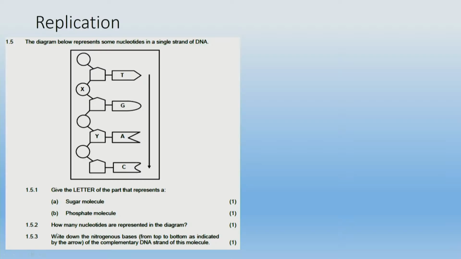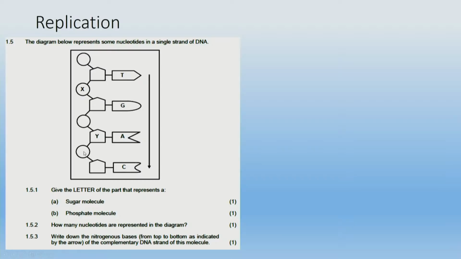But look at this question. How many nucleotides are represented in this diagram? Now the learner must identify that this is a nucleotide because of the phosphate and the sugar molecule and the nitrogen base. And now there's 1, 2, 3, 4 nucleotides in this one. So a level B type of question, because you must know what is the nitrogen base